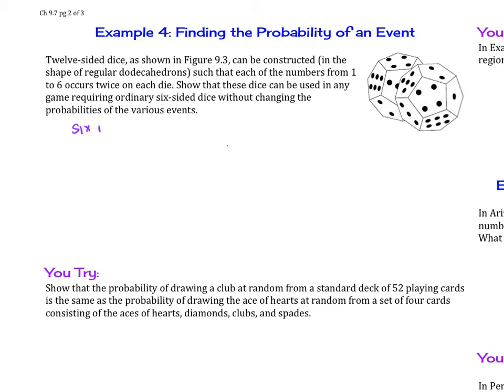6-sided die, rolling any number, we could get, any number is 1 out of 6 chance. It doesn't matter what it is, right? Just any number. Now, one 12-sided die,